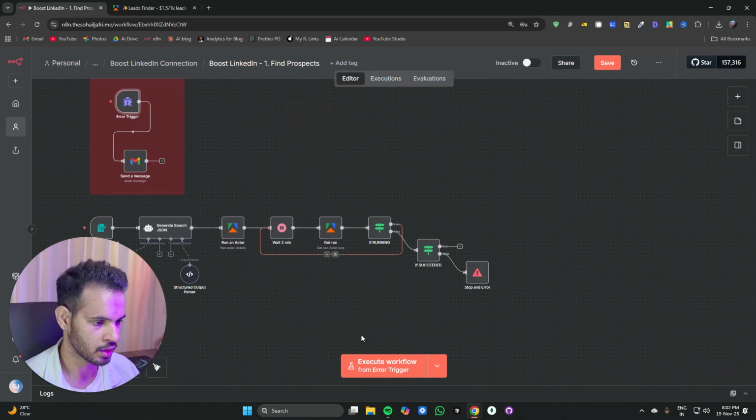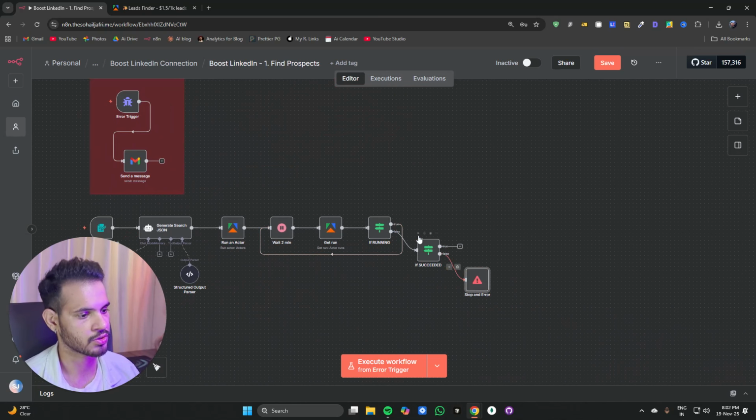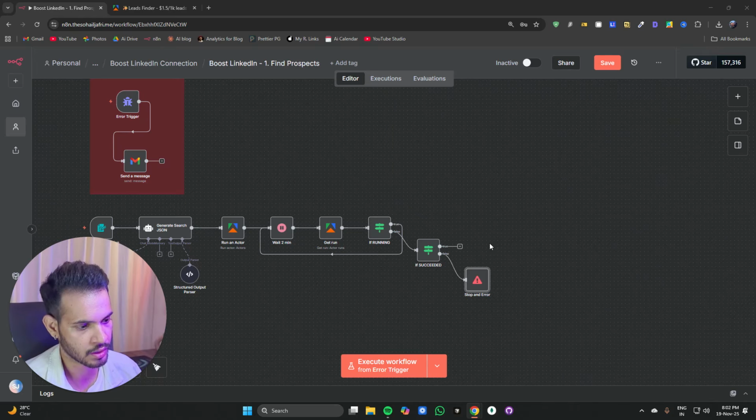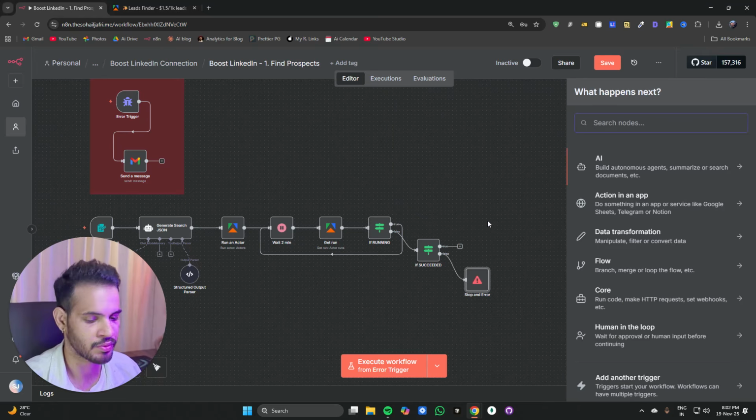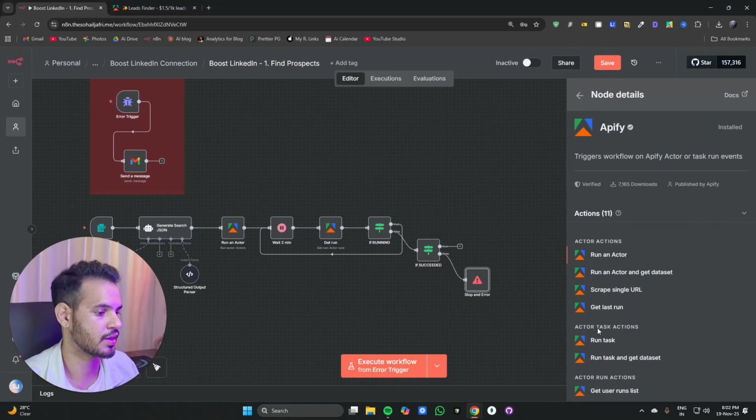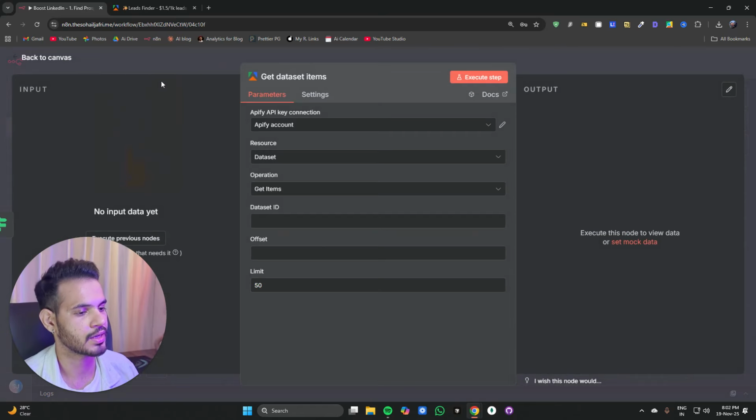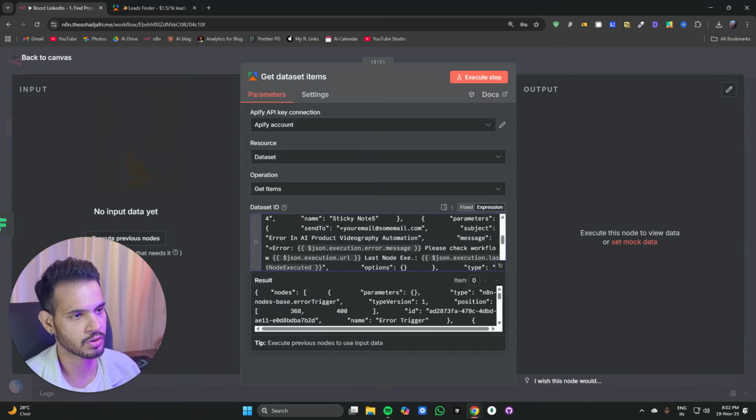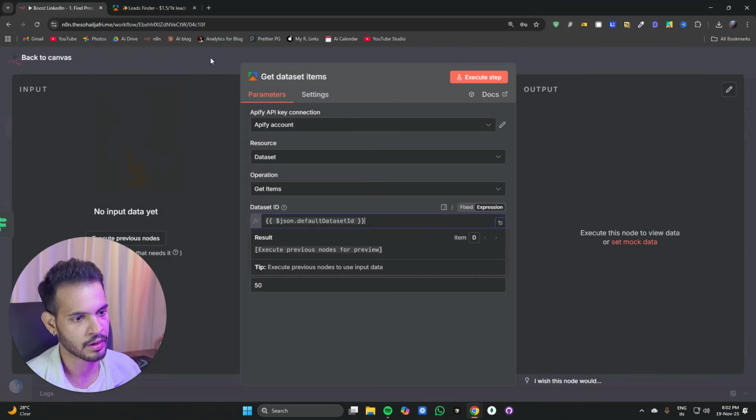I'm using email to get a notification for this particular scenario. If it is succeeded, then what do we do? Then we update everything in Google Sheet, but before that we need to again call Apify and get the data because we haven't fetched the data yet. We will select dataset item and it will require the dataset ID, which will be provided by our original run actor